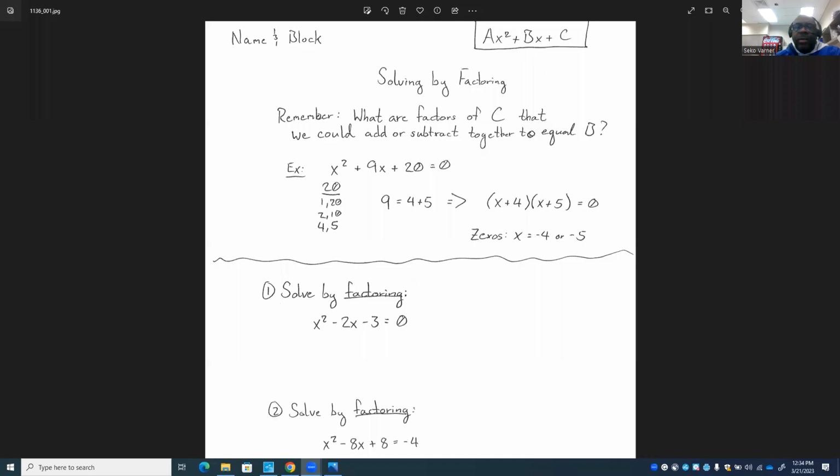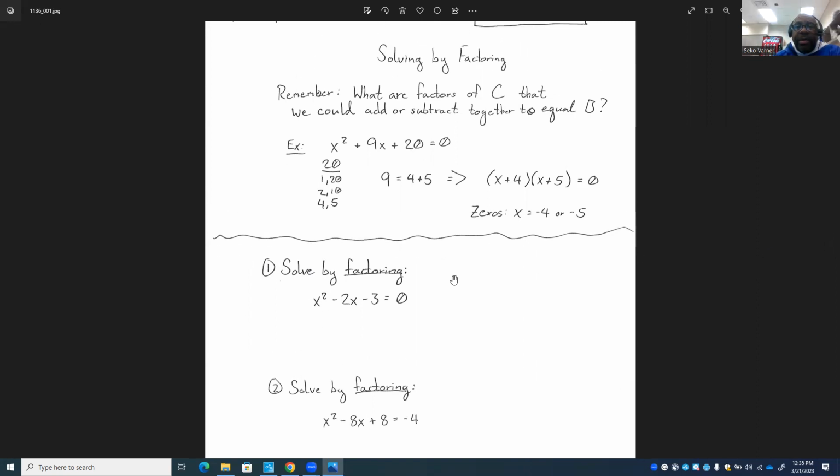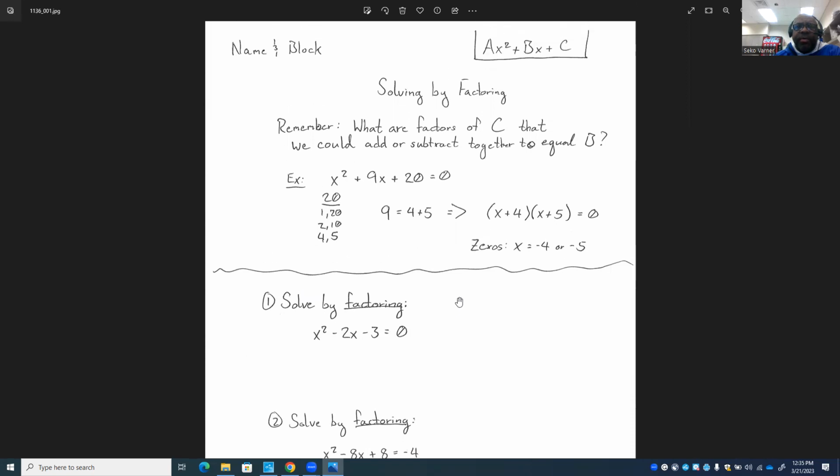Okay? So just type in the answers on this particular link, the link for the Canvas card, where it has the text box. Type in the answers for 1, 2, and on the other side of the paper are 3, 4, 5, 6, 7, 8, and 9. So the 9 questions. And go ahead and tap them in